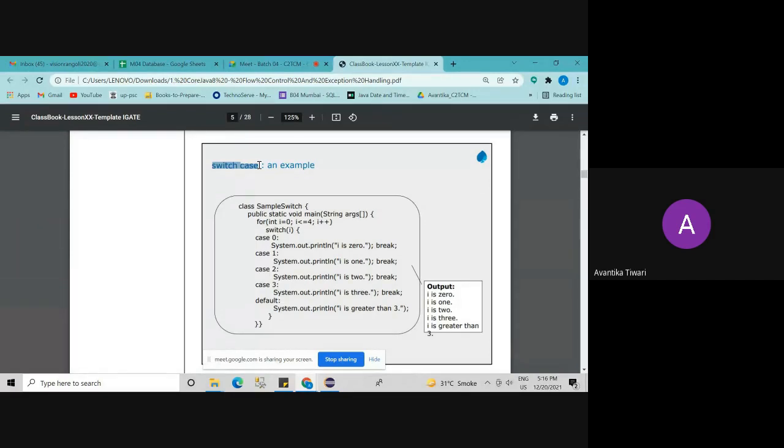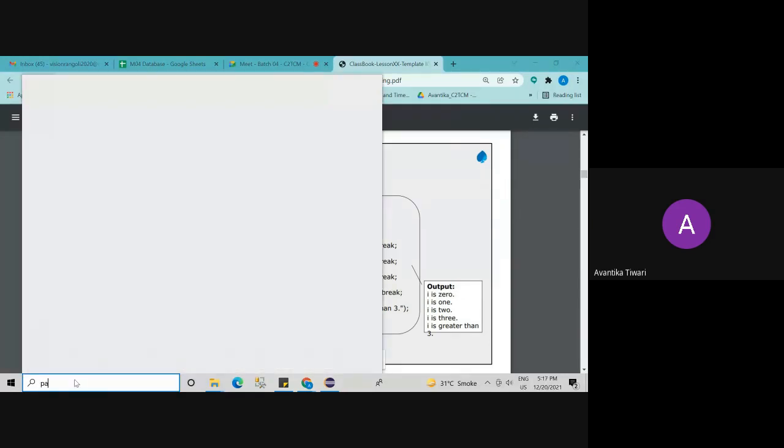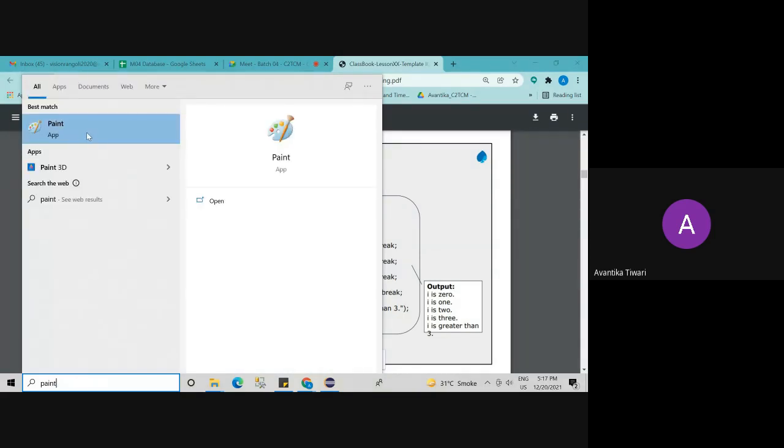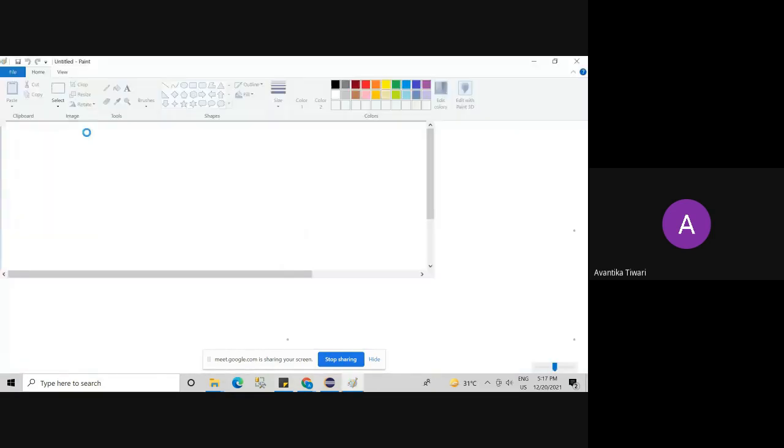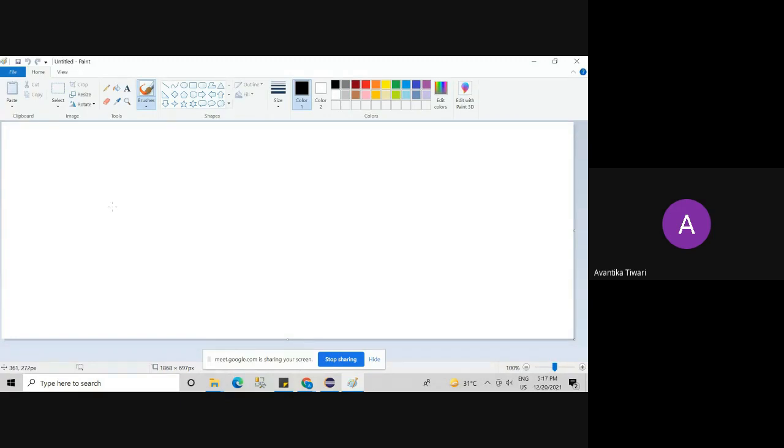In order to avoid the complexity of the Java program, we go for switch case statement. Are you writing, students? Yes, ma'am. Okay, so if the number of if-else statements are increasing in any Java program, it will become very messy. The flow control will become messy. So we will go for switch case statement.